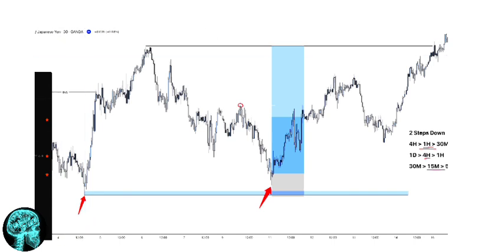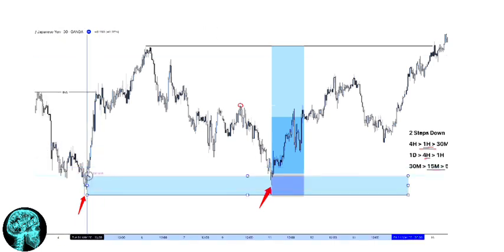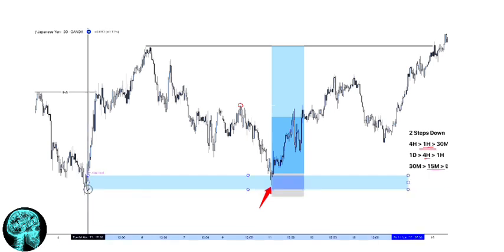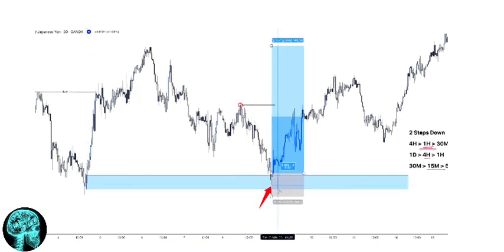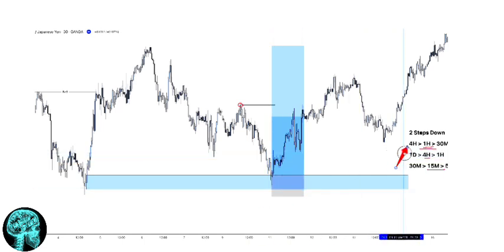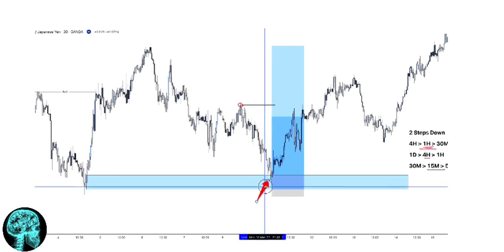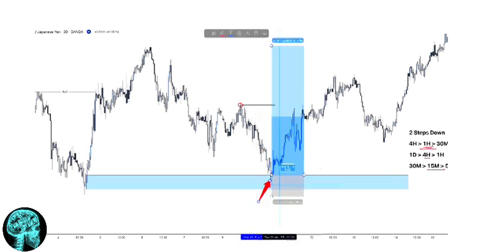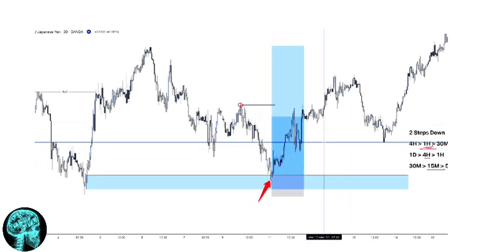Now, while we're here, we can take a look. We're on the 30-minute time frame. If we refined our zone to the 30 instead, we would have had this area to work with. We would have had this area to work with, this candle. I still am a fan of putting stops under the low, so I'd keep that there. But we could have added potentially another little bit of profit there and turn this into a 6% trade by following that 2 steps down, 4-hour, 1 hour, and then 30-minute. So by going from 4-hour to 30-minute, we actually doubled the profit potential of this trade. But if we keep going and we go too far,